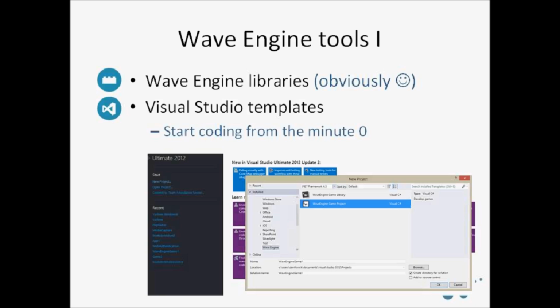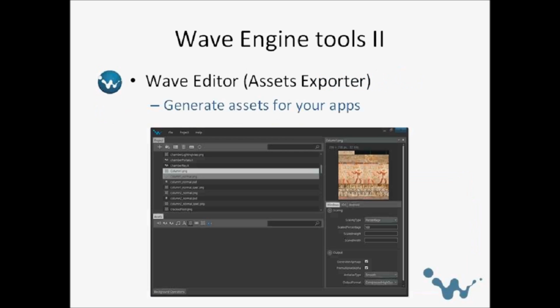You can check all those DLLs. It will also install the Visual Studio templates by default. So the installer checks for Visual Studio 2010 and 2012, and will install them accordingly, so you can start coding from minute zero. This is something Javier will have a look at later, so he will show this live.